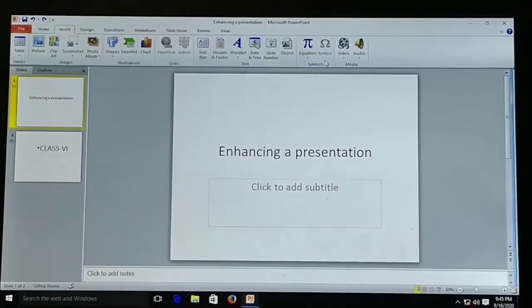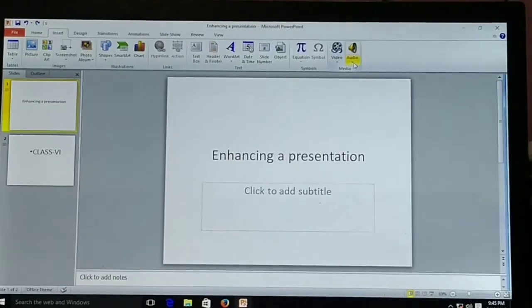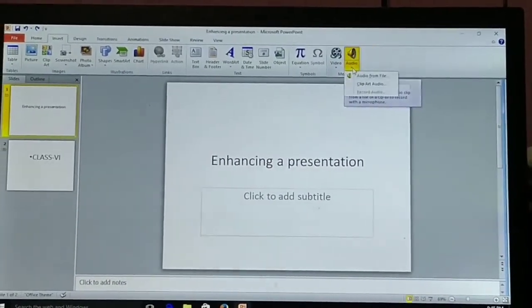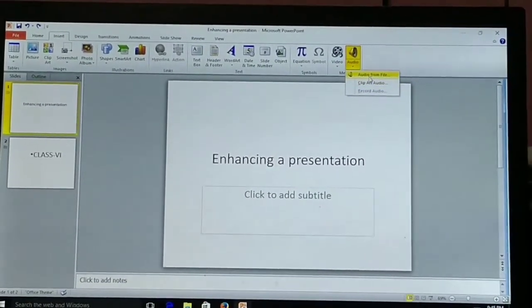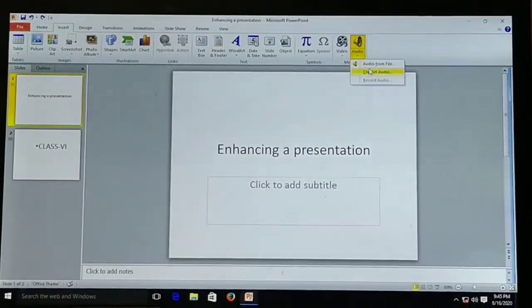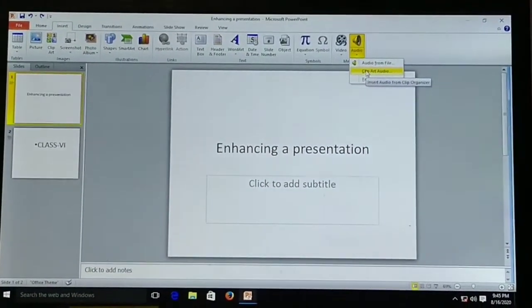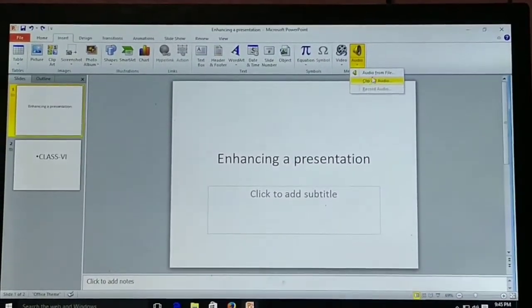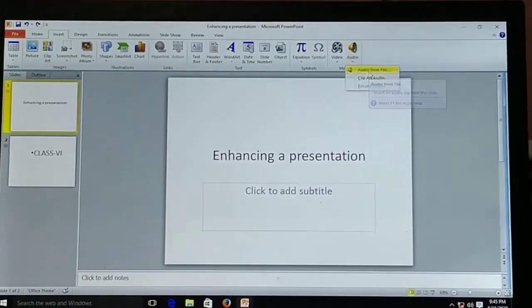You can see over here video and audio options are given. Click on the audio option. You can choose the audio from a file on your PC, or you can select clip art audio from here. So now I am selecting audio from file.